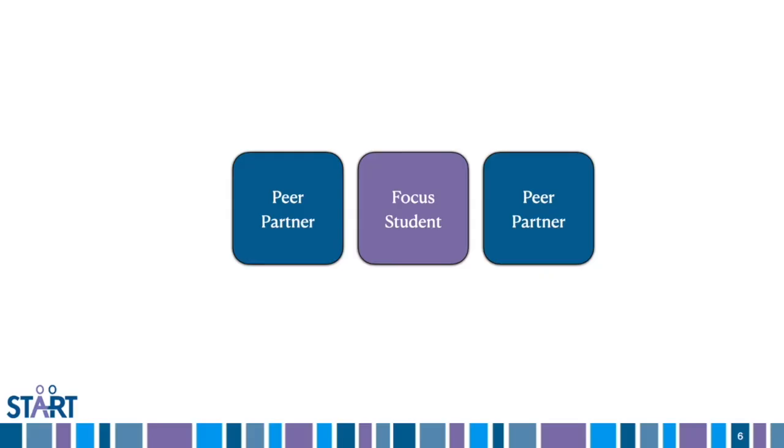Now, every peer support arrangement also has an adult facilitator, which is usually a paraprofessional assigned to provide support within that classroom. Often it was a one-to-one support, but it could also be a special educator or a related services provider. And their job is to encourage social connections and shared work with their peer partners, to make sure the peer support arrangements are working well, to collect data on academic and social needs, to collaborate with general and special educators to carry out well-planned supports, and to intentionally fade back their direct support so that students are working together more independently.